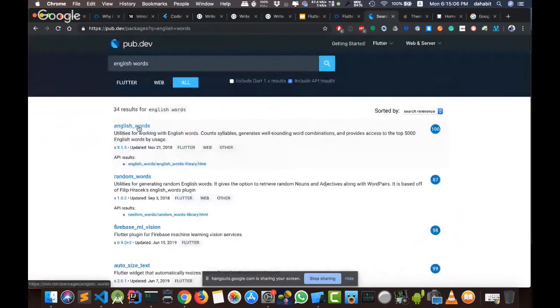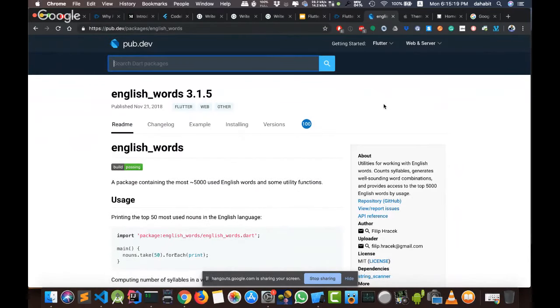As we can see here, because this is a very famous package that Flutter uses in its CodeLab, and it is maintained, the last update was in November, but it's very well maintained and compatible with the latest version of Dart and Flutter. So it's getting the value of 100.